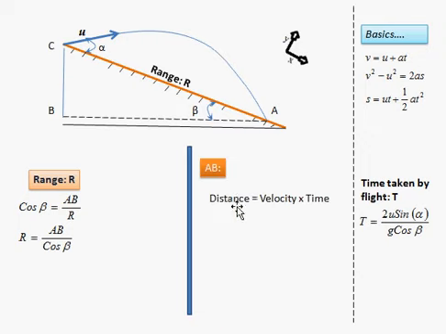As a general case, we can define distance as velocity into time. We can verify it through the units. Distance has the unit meter, velocity meters per second, and time a second. So the seconds get cancelled, and finally the left hand side and right hand side both have the unit meter. So logically the formula is okay. With that assurance, we can go to the next step. Here the distance is AB, which is needed here, so we are now going to derive that.